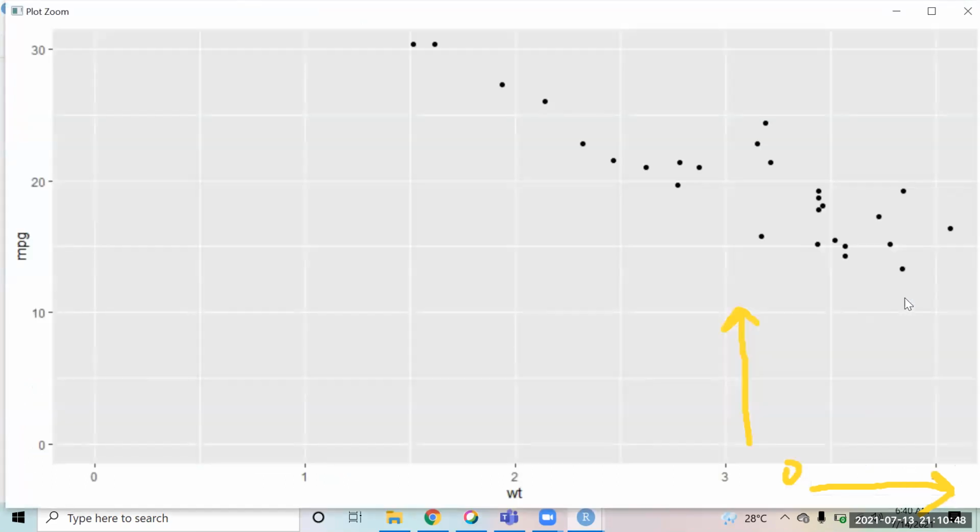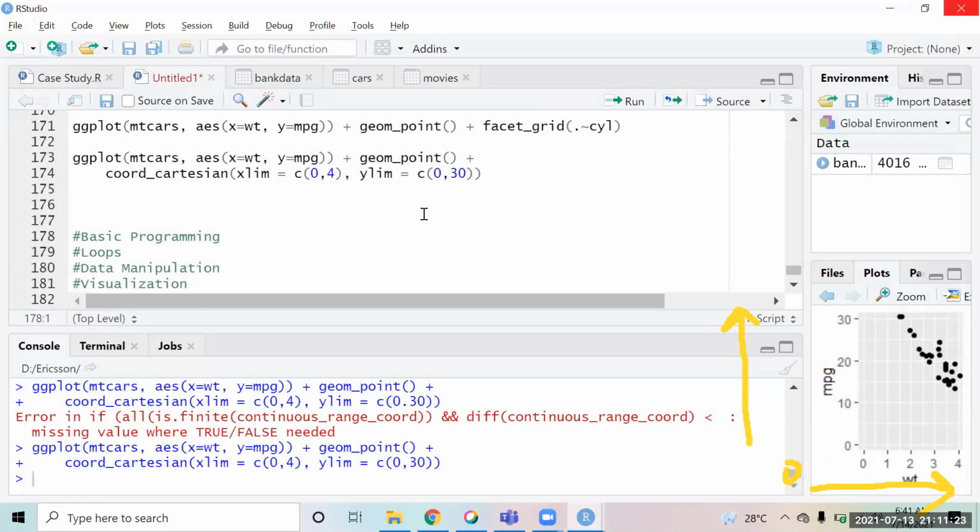So you see the chart is now coming between 0 to 4 and 0 to 30. Okay. That is your coordinates.